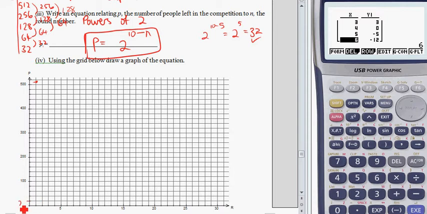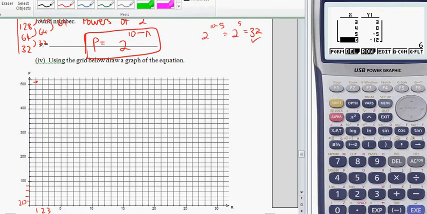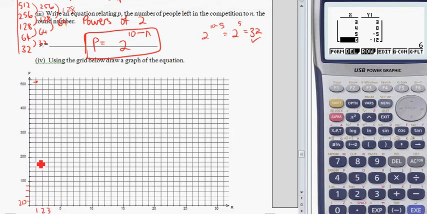Yep, so we're going up in 20s. 40, 60, 80, 100. Sorry, at the end of round 1 we had 512, in round 2 is 256, and then 128,